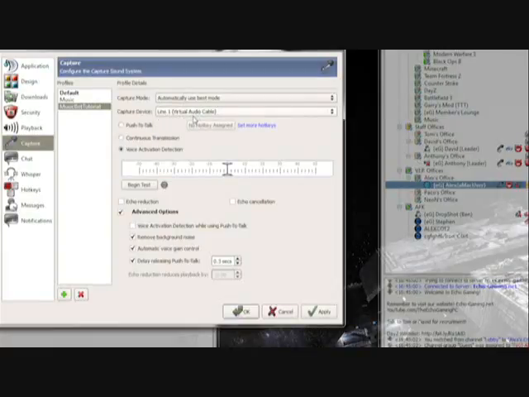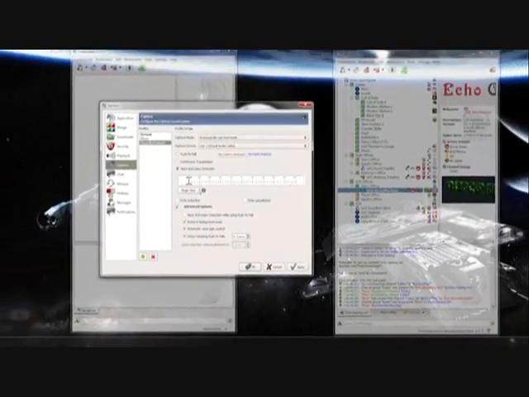Now I already said previously that you need to have virtual audio cable installed, so please make sure. I was assuming you already had that installed, and I'll have more about that in the description. Voice activation detection, you want to leave that on, surprisingly, and keep this all the way down to like minus 50. Basically, it's just keeping your bot from transmitting when it doesn't have any sound to play.